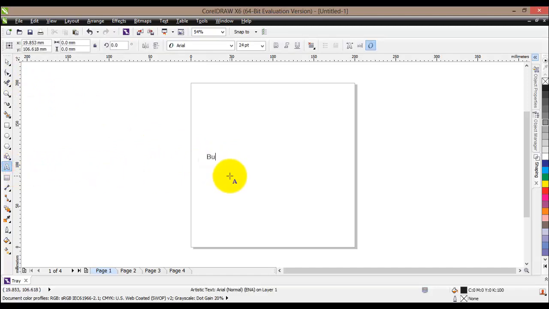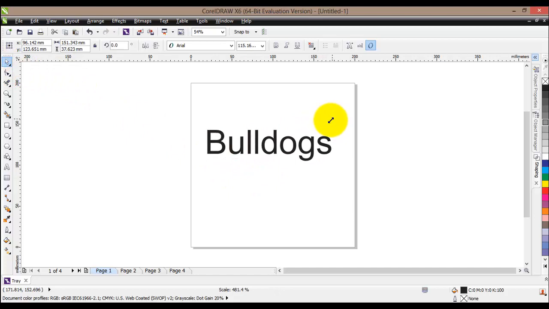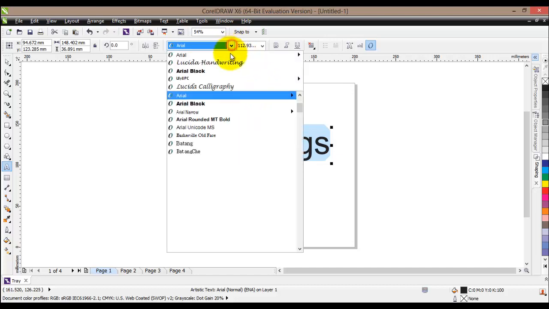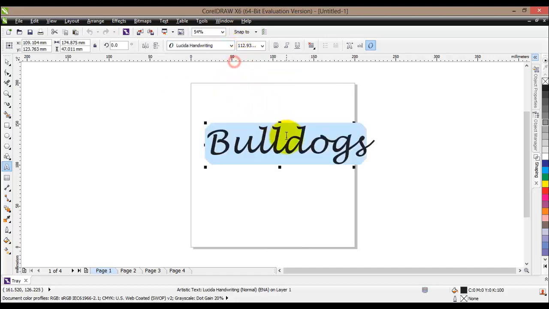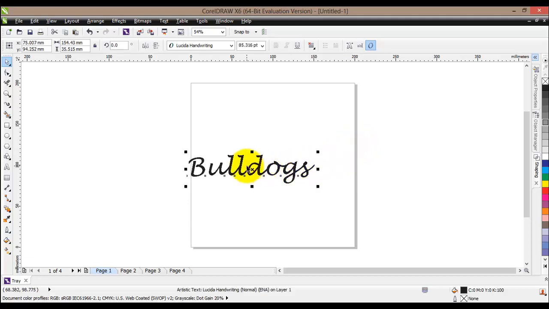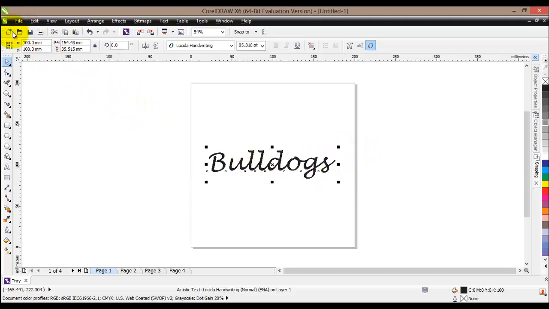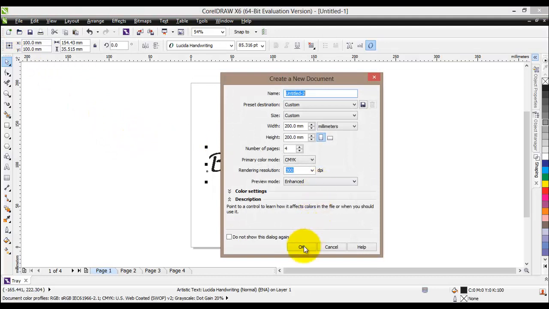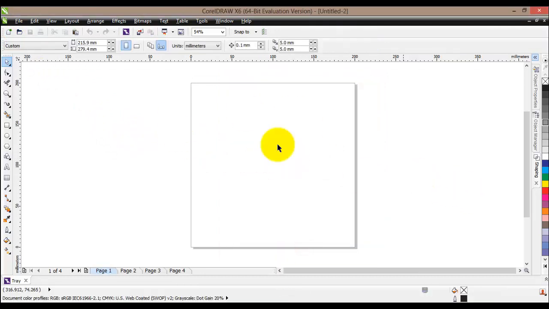I'll go with the bulldogs. I'll make it bigger, and let's change the font to some handwriting font, so something like this. Let's center it now, and let's make it a bit smaller. Alright, I'll center again. Now I will create a new document, just a blank document, doesn't matter the size, and